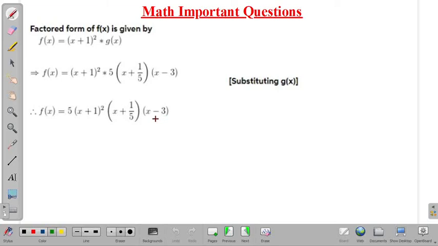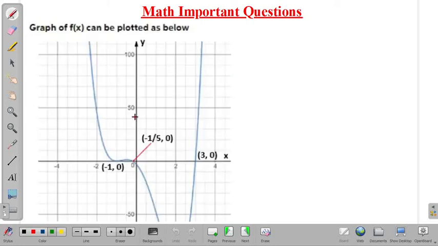Now we need to plot the graph of f(x). So we know the roots of this function. See, this is a graph which can be plotted. See here, the repeated root is minus 1, 0. Okay, this one is minus 1, 0. So x equal to minus 1 is the root, and the third root is minus 1 by 5. See, these are two roots. Okay, so here you can see